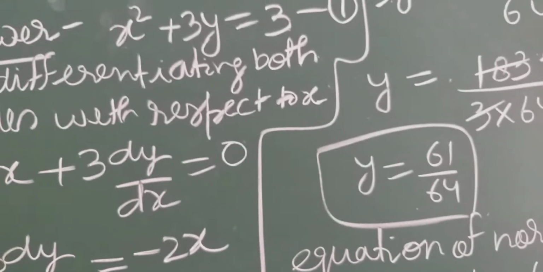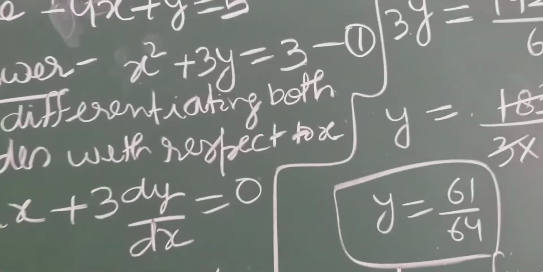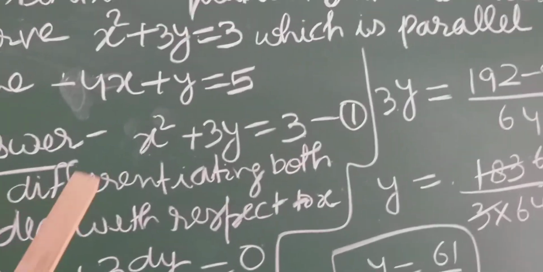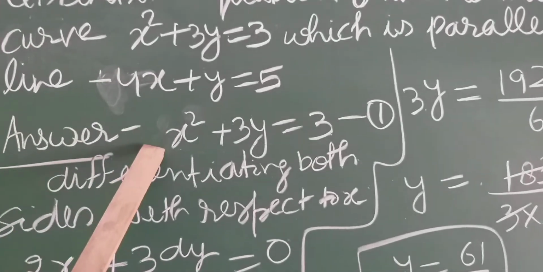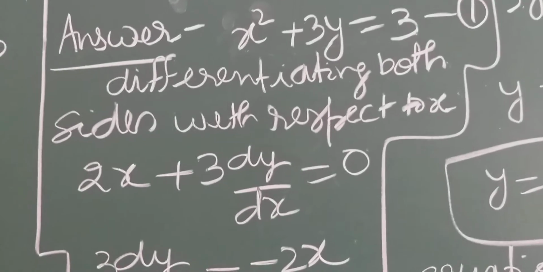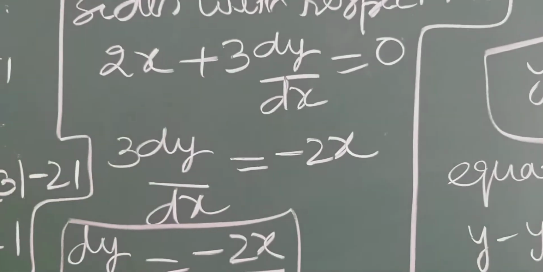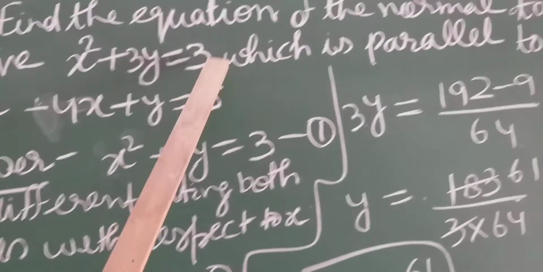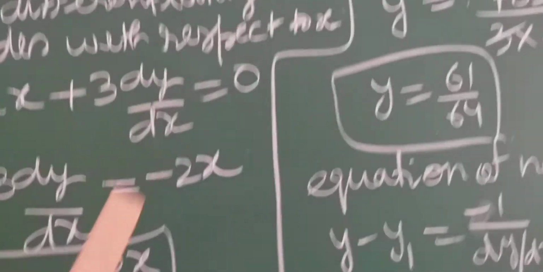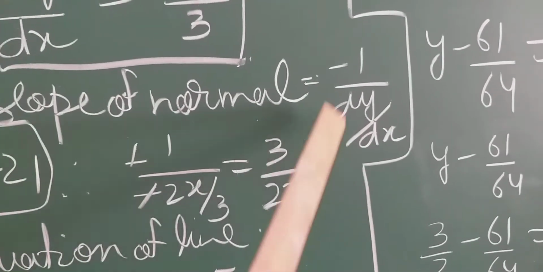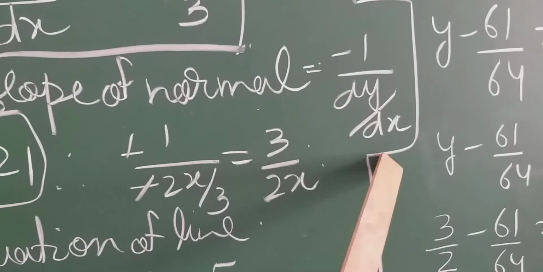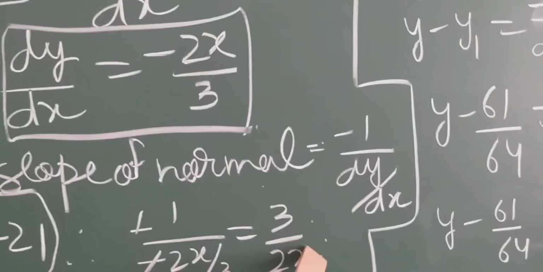Students, we have to know about the algorithm. How can we solve the question? First of all, always remember, write the equation of curve and find the dy by dx. So it will be the slope of tangent. If the question is asking about the normal, then find the slope of normal by the formula minus 1 upon dy by dx. Then apply the condition.